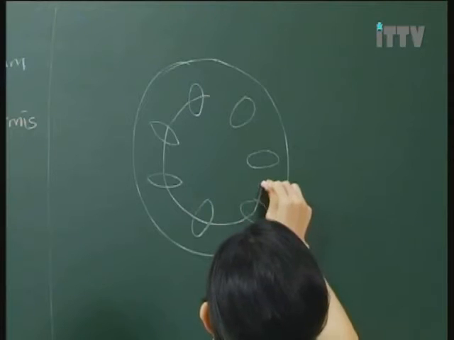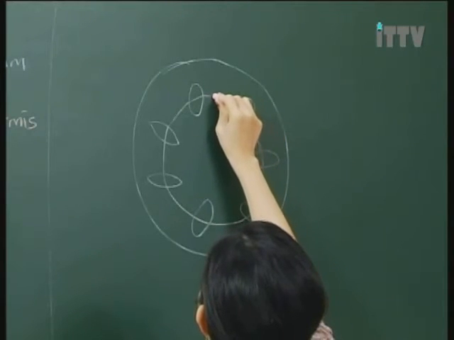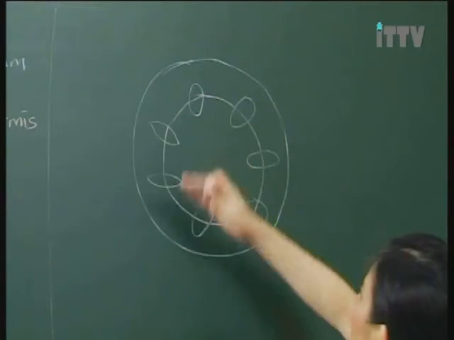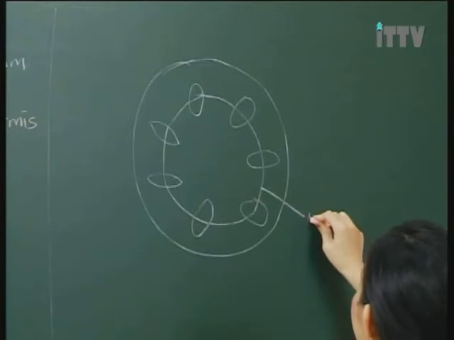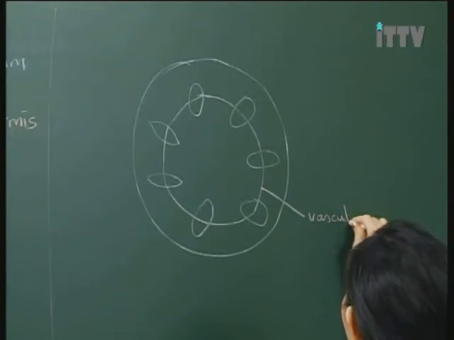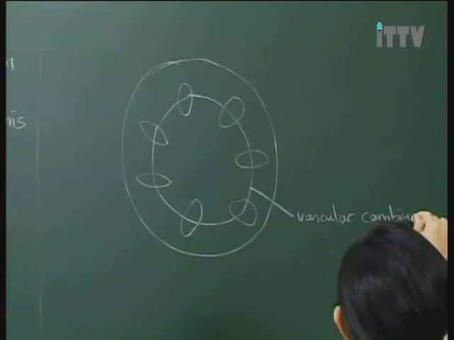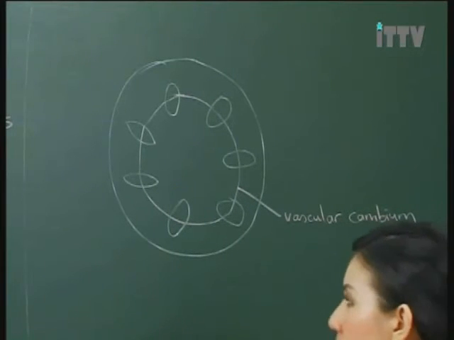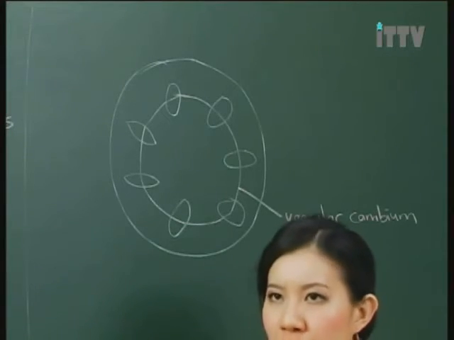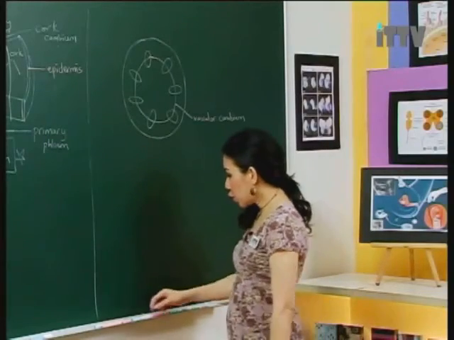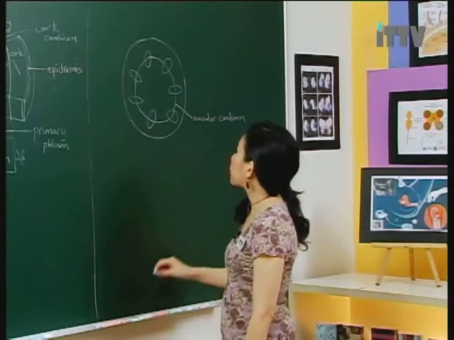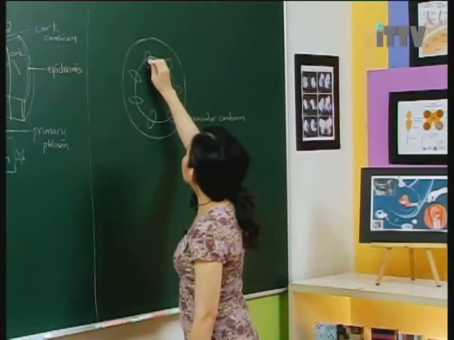This is known as the vascular cambium. And when it's time for growth, what happens is that it will produce